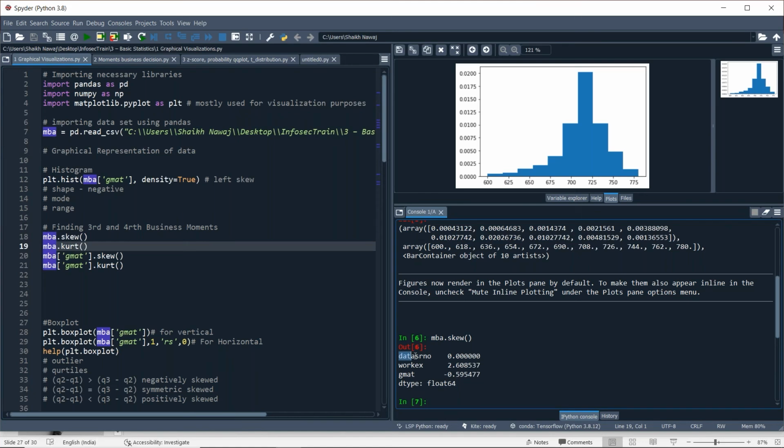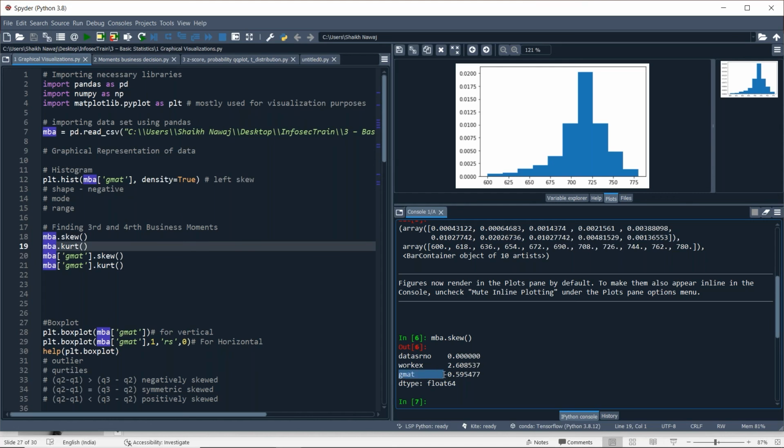The first column is not useful because it's a serial number. The second and third columns are important: work experience and GMAT score. Here you will see that work experience is 2.6, which means it shows a positive skewness, since it's greater than zero.